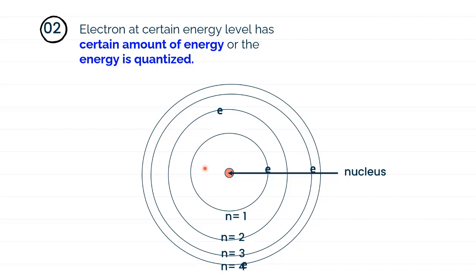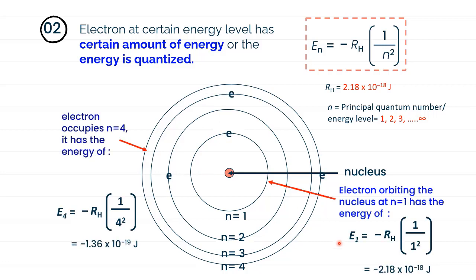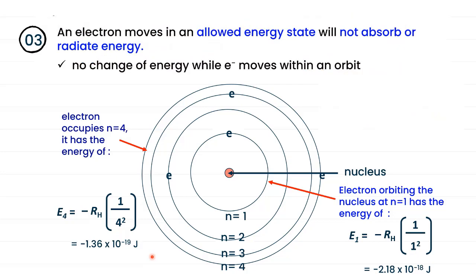The quantization of energy can be illustrated by using this formula, where RH is the Rydberg constant with the value of 2.18 × 10 to the power of negative 18 joule, and n is the energy level. From this example, we could see the energy of electrons at energy level 1 and energy level 4 has different values. And as the electron approaches the nucleus, as we could see from this E1, the energy decreases compared to E4. In relation to the second postulate, Bohr suggests that there won't be any change in the energy of electrons as long as the electrons are moving within an orbit. In the third postulate,